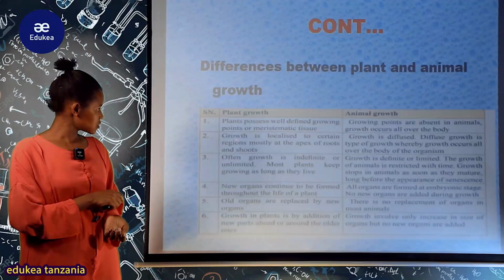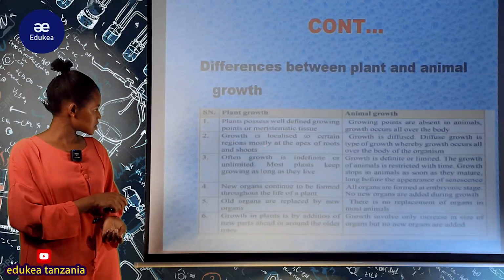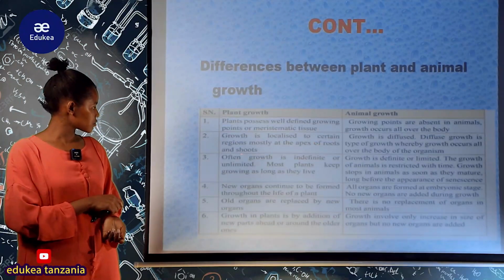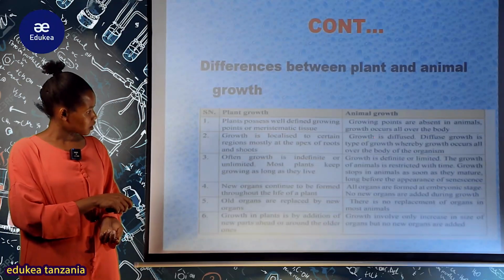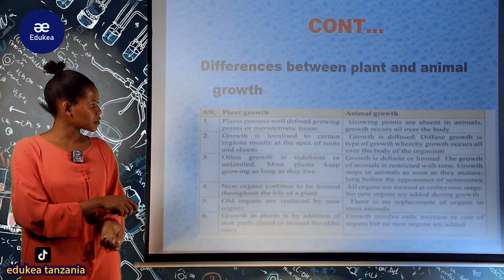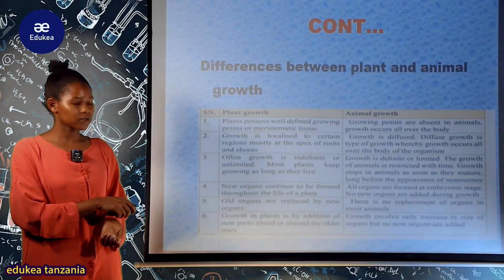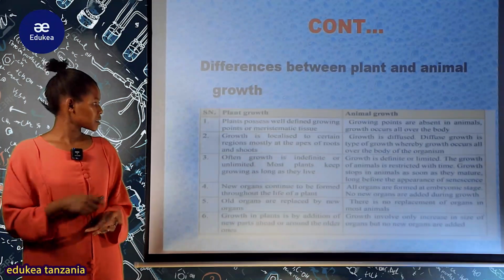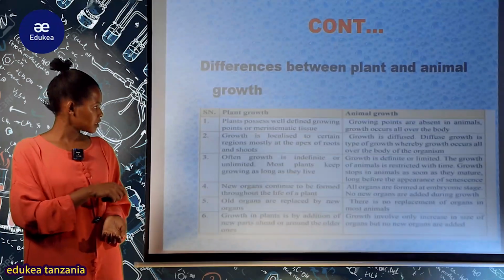Also, the second difference, growth is localized to certain regions, mostly at the apex of fruit and shoots, but growth is diffused in animals, in which it is the type of growth whereby growth occurs all over the body of an organism. This one is the same as the first one, kwamba ukuaji unatokea to the whole part